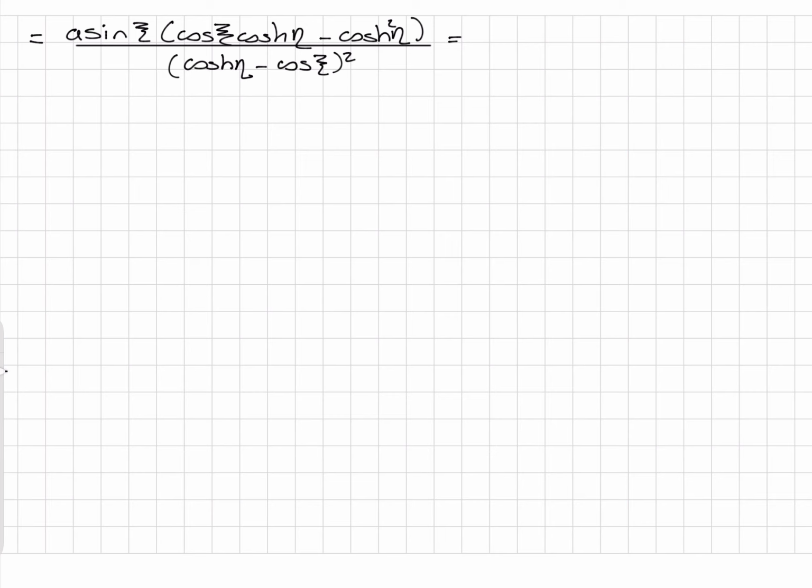So if I take this into a minus parentheses, I will have minus a sine psi, and then I take it into a cosine hyperbolic eta parentheses. This will become cosine hyperbolic eta minus cosine psi. So one of these terms will cancel. So I'm going to have this divided by cosine hyperbolic eta minus cosine psi in my final answer for this